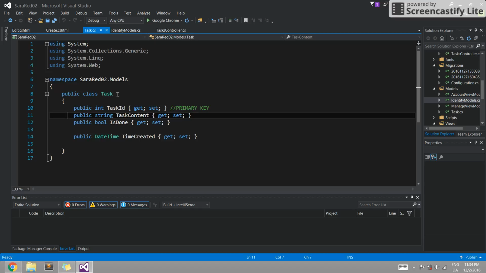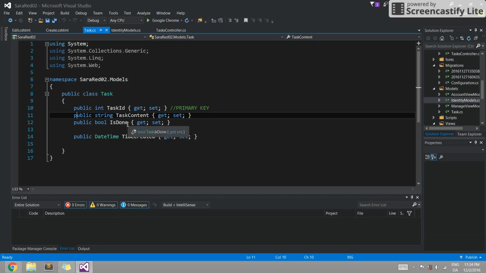So the first thing that I needed to do before I could start anything else was to create a model for the task table that I would like to put in the database, right? The most important, I believe, was this integer of task ID, which is basically going to be a unique primary key, right? The rest, right, the string, task content, the bool is done, and the date, time, task created,